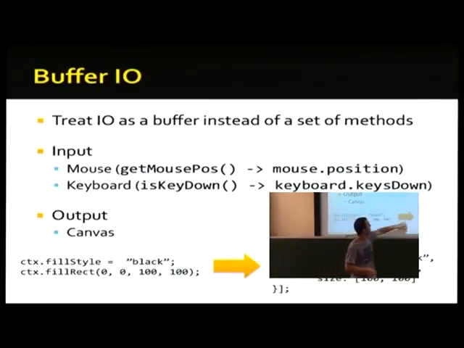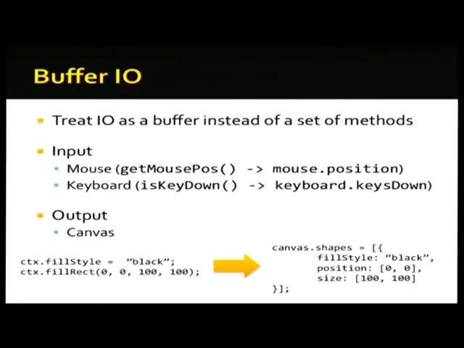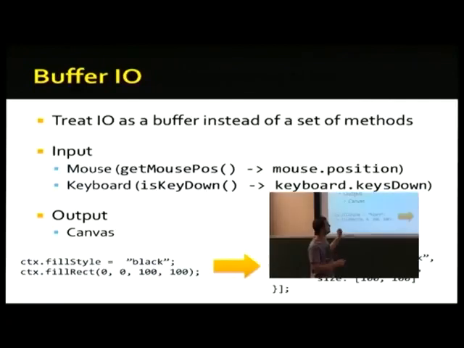And what we do instead is we just describe a shape object. For those who aren't familiar with JSON, this just describes an object, so a set of fields. And we say what the fill style is, the position, the size. We're not even renaming anything. We're not really creating our own API. We're just wrapping the current one that exists. And you just send that out to another list. So when the graphics are called at the end of the clock tick, it just goes through the array and draws them all.